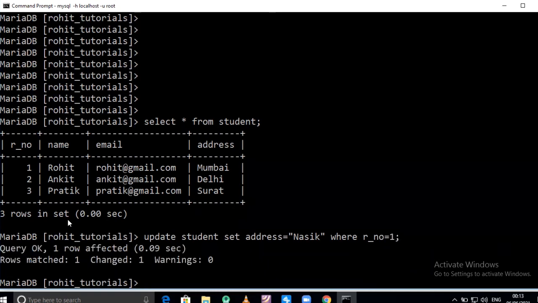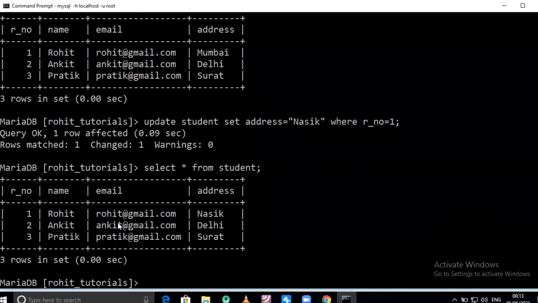Okay, query okay. So select star from student. This address is changed. Firstly it was Mumbai. Now it is Nasik. So our update command is also successfully completed.